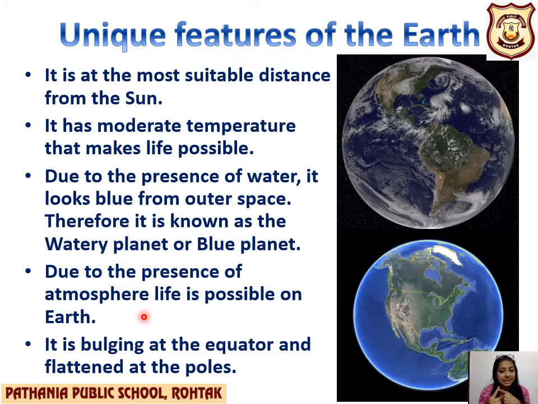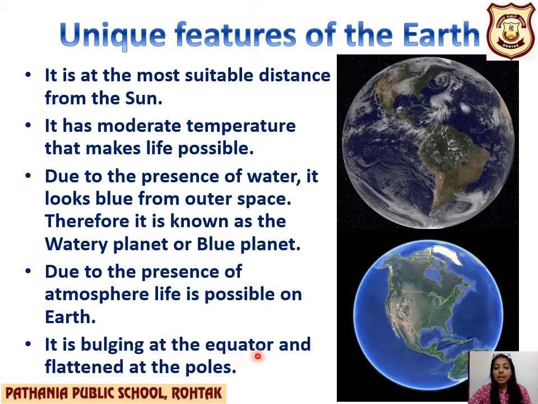Atmosphere क्यों जरूरी है? पहली चीज तो it has gases. Second thing, it protects us from the ultraviolet rays of the sun. Third thing, it traps the heat that is coming from the sun. तो वो क्या करता है? जितनी भी सन से हीट आ रही है उसमें जितनी adequate amount है, हमको जितना चाहिए उसको trap करके रखता है. तो उससे क्या होता है कि जो हमारा planet है वो क्या रहता है? It always has some warmth in it, some warmth in it. So that is one unique feature of the earth, that it has atmosphere.